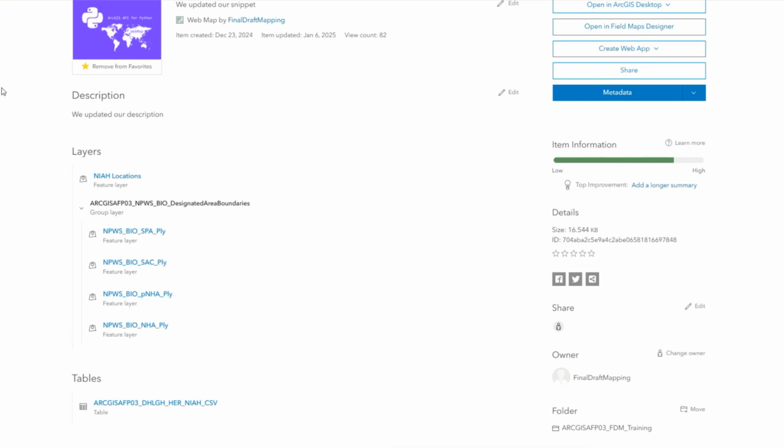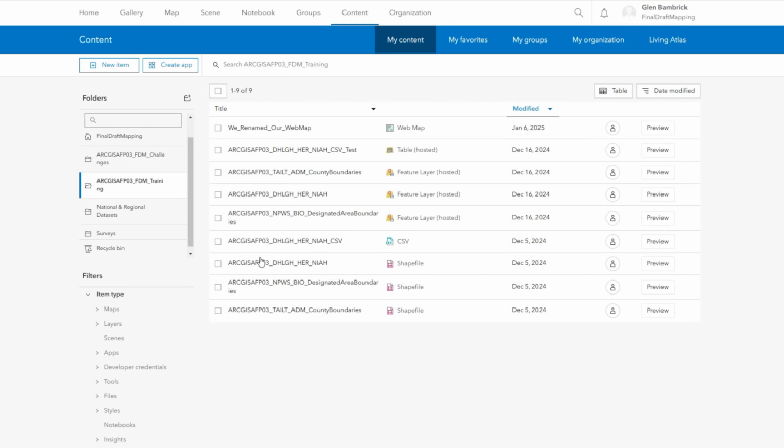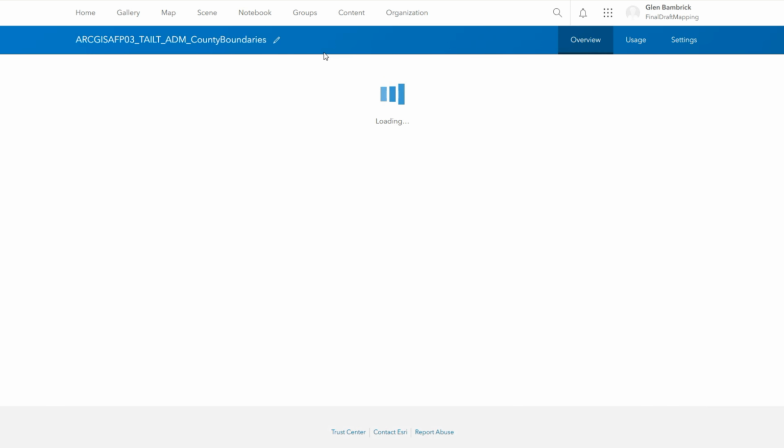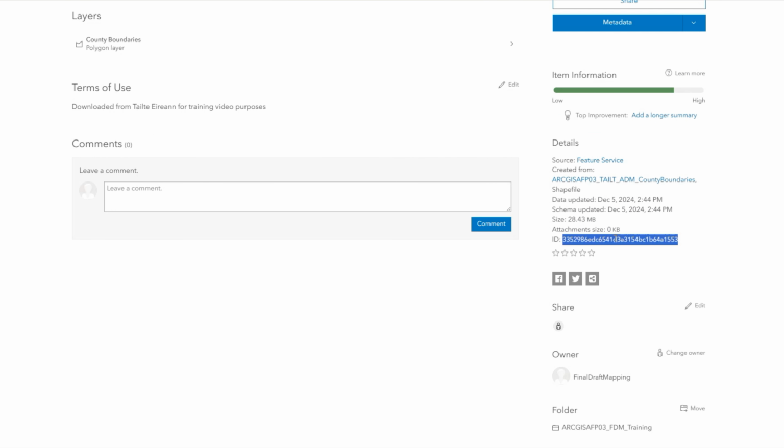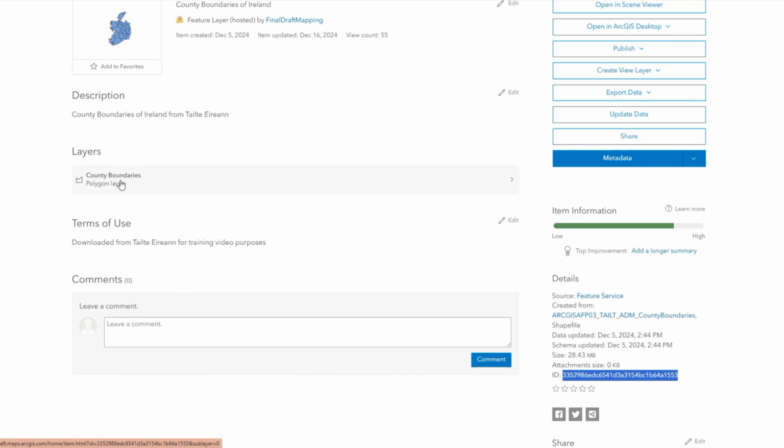Before heading back to PyScripter, I know I have one more layer to add. I'm going to go and grab the item ID for the county boundaries. So here I'm in the county boundaries feature service. And over on the right hand side I will copy the item ID, and there is one layer in here, county boundaries. I'll head back over to PyScripter,